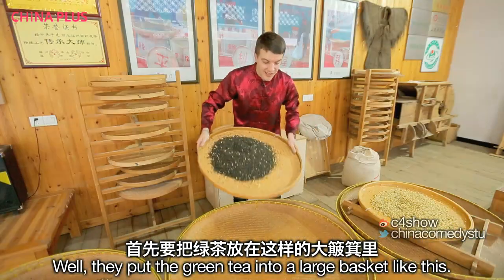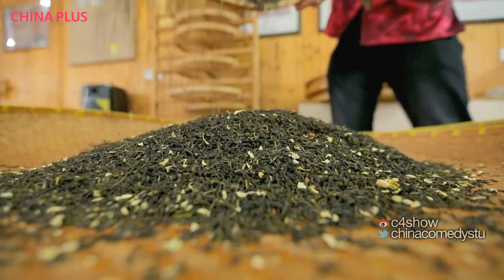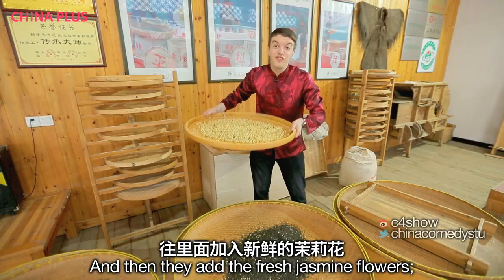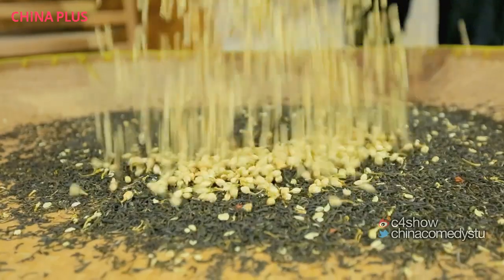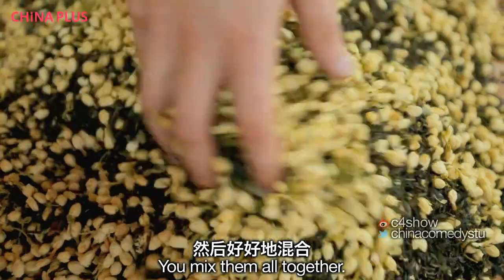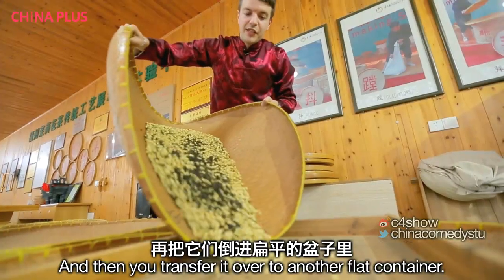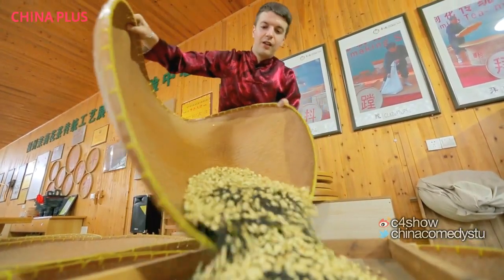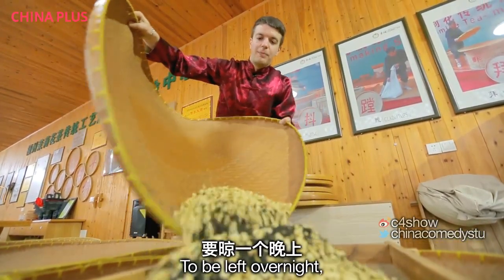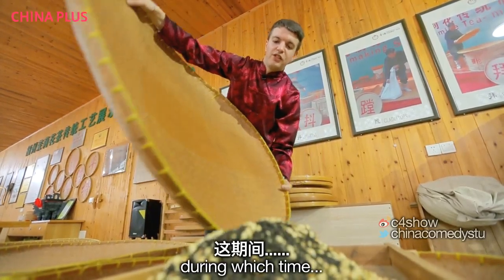Well, they put the green tea into a large basket like this, and then they add the fresh jasmine flowers. Now, these are dry, but let's just pretend they're fresh. Then you mix them all together, and then you transfer it over to another flat container to be left overnight, during which time